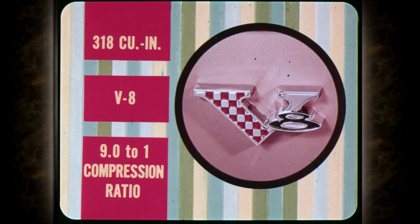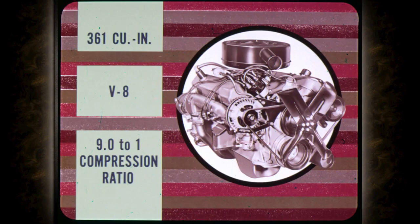Sparkling performance is delivered by the optional 318 cubic inch engine. Compression ratio is 9 to 1. The 361 cubic inch power plant is another Belvedere option. Its compression ratio is 9 to 1, and its power doesn't need to be pampered because it runs just fine